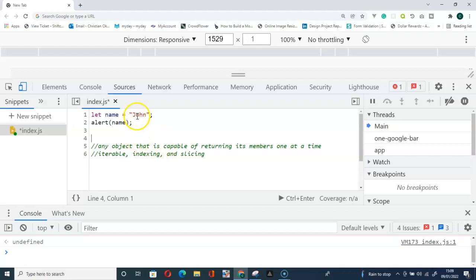So how do we get hold of J, only J? We can use alert, then name dot slice. Using the slice method, we have to specify the starting point and the ending point, but the result will always exclude the ending point. So let's get hold of J. If you want to get hold of J, we have to use its index,